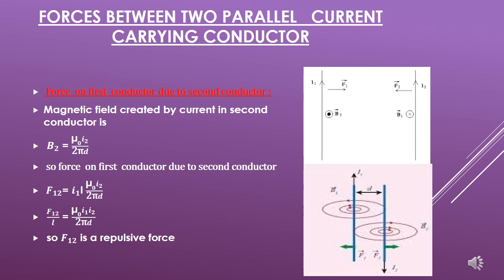these forces? We have seen that at conductor 1 the magnetic field is going inside. So according to the left hand rule, the direction of force is on the right side, and at conductor 2 the magnetic field is outside, so the direction of force is on the left side. So when the forces are towards each other, there is a force of attraction. The magnitude of force is the same, the direction of force is towards each other, and we call it force of attraction.